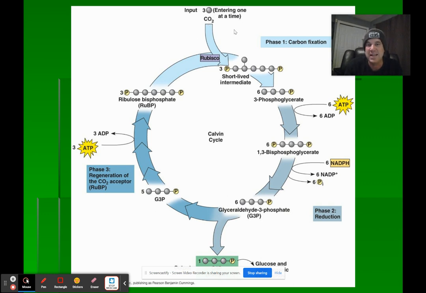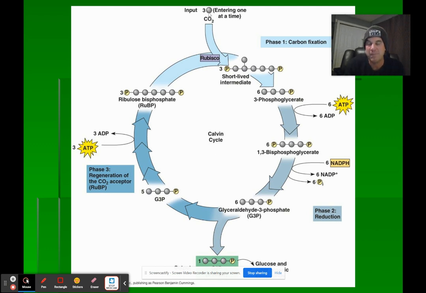And there is an enzyme that's going to take each carbon dioxide molecule and attach it to an organic compound that already exists here in the stroma, right? And through a series of reactions, the energy from the ATP that we made in the light-dependent reactions and the electrons from the NADPH, which we made in the light reactions, along with a series of enzymes, are going to be used to ultimately produce a 3-carbon sugar. For every 3 carbon dioxide that comes in, we're able to get a 3-carbon sugar